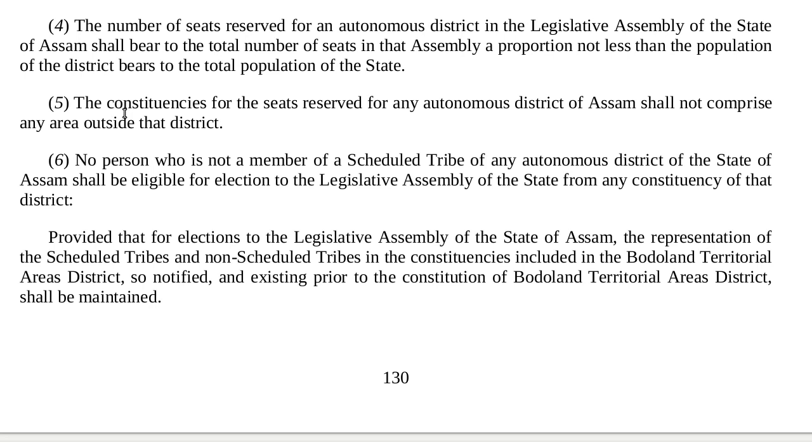5. The constituencies for the seats reserved for any autonomous district of Assam shall not comprise any area outside that district. 6. No person who is not a member of a scheduled tribe of any autonomous district of the state of Assam shall be eligible for election to the legislative assembly of the state from any constituency of that district,